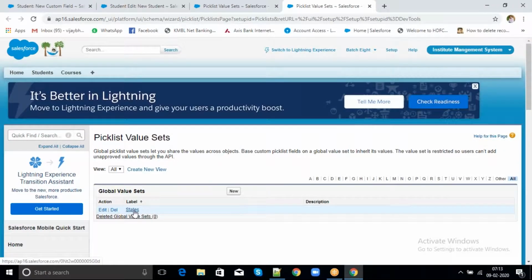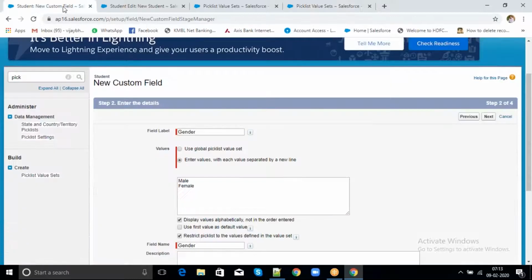So here we have created states. So why are we creating pick list value sets? Because that can be used in any other object as well. You can just add from there. No need of creating so many times.